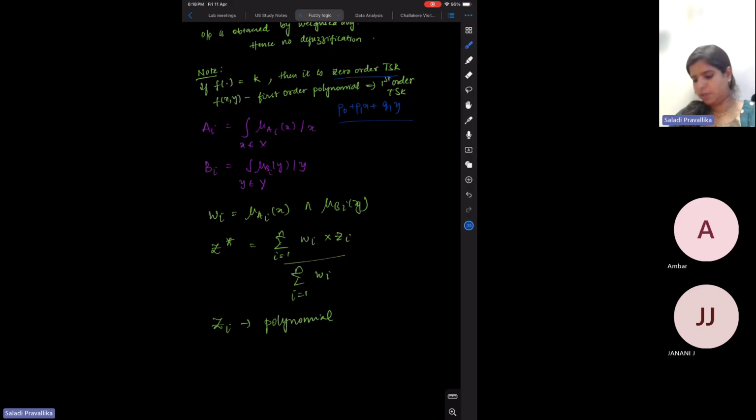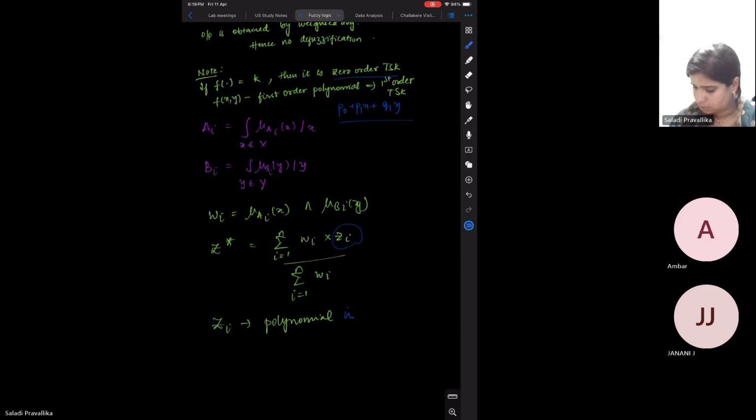So we have the inputs Ai and Bi, right? And then the firing strength or the weights are nothing but Wi, where you take the intersection between both of the membership values, and then you take the overall output as Z star, similar to what was there in the previous one. The only catch here is that this Zi is a